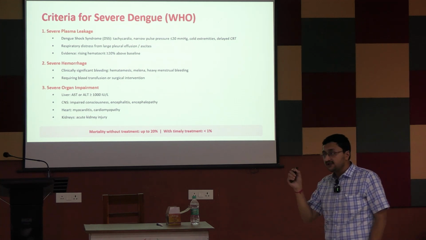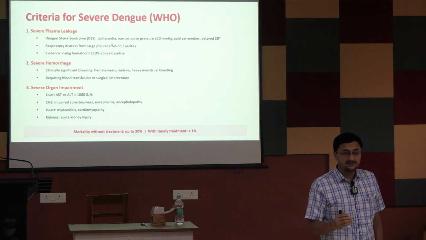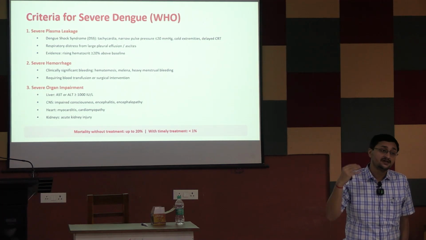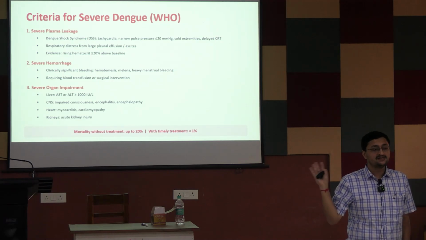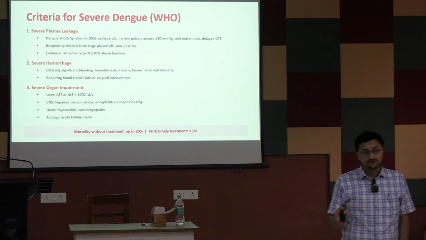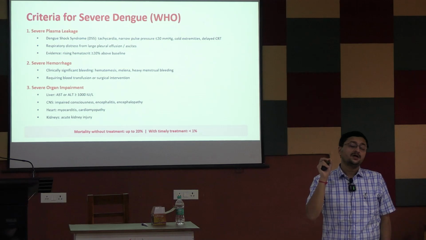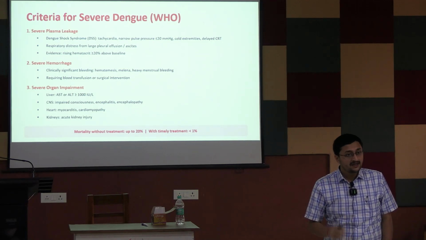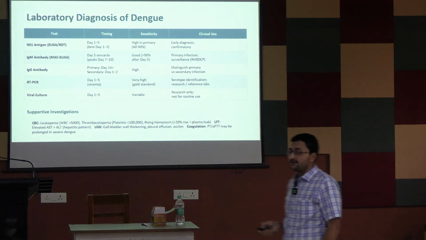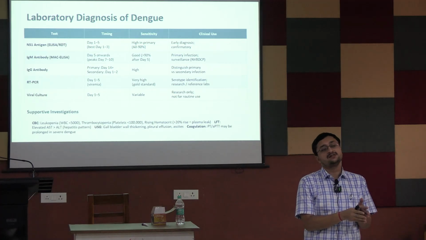If you treat and diagnose early, then the mortality of severe dengue falls to below 10 to 20%. But if you are not treating aggressively, then the mortality is as high as 50 to 70%, right? So you have to identify the diagnosis, you have to identify the organ impairment and treat accordingly as fast as possible. So now, about the diagnosis, you all know that the two most commonly used diagnostic